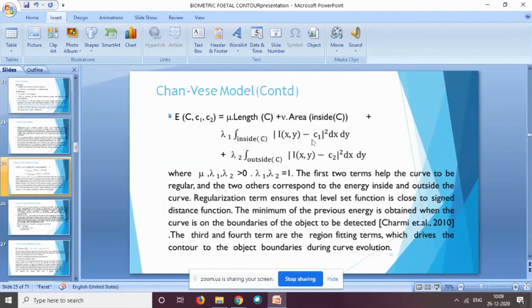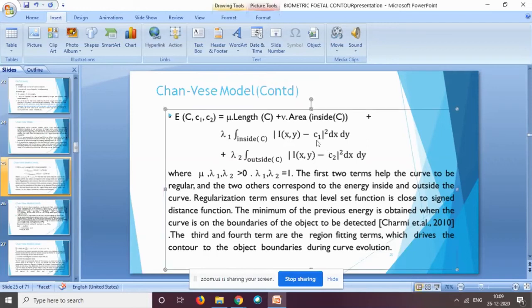Here in the Chan-Vese model, I have used the average energy outside the contour and inside the contour. So this is a global approach. Here I've used the internal and external energy, that too averaged. In a local approach, you modify the contour locally. Here we have used the global property, whereas in the local approach we take the local energy and calculate the local values. So this parameter will be changing there.